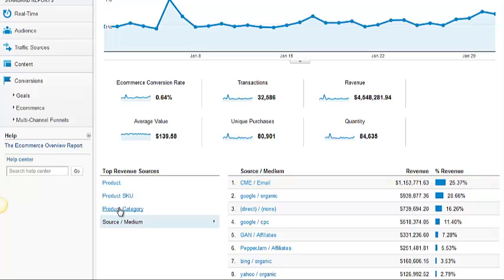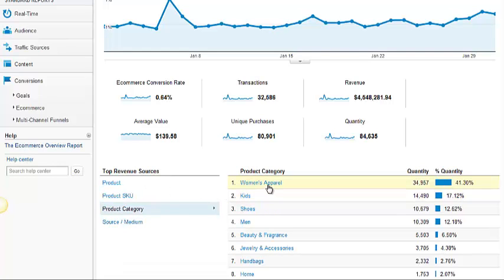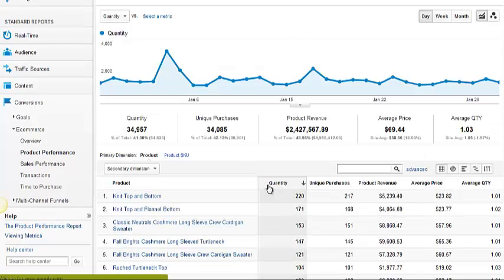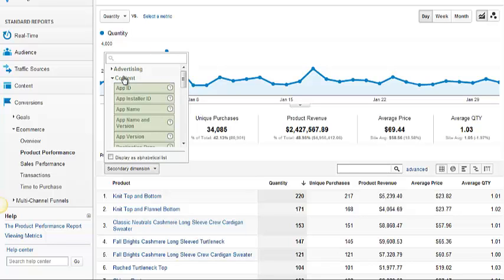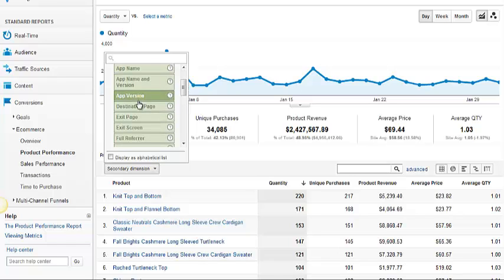Let's go back up to product category, and then you can look at this. If you want to dig more deeply into apparel detail, you can see all the different products related to apparel. And again, if you want to, you can filter by particular product so that you can see that. You can get into different secondary dimensions. So if you want to filter this based on the type of ad or the app that did it or